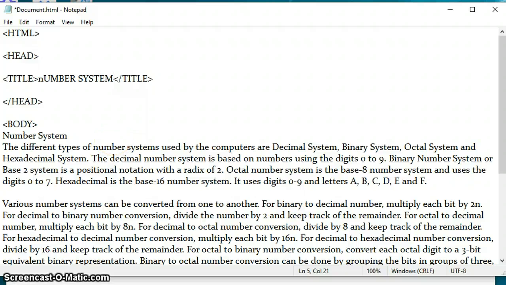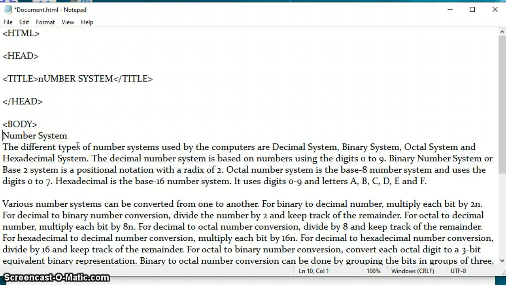Now I want this as my heading. HTML has 6 heading options, starting from H1. We use H as the heading tag.